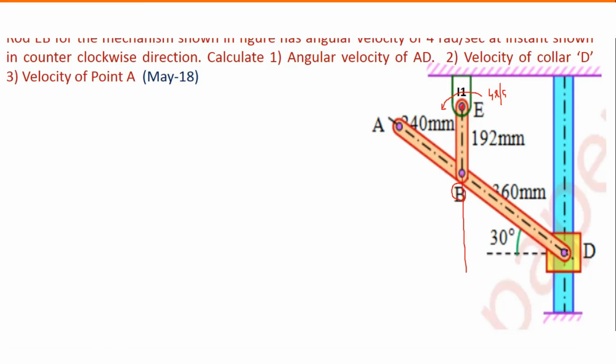Point D. Now if you observe this, if this link rotates in the counterclockwise direction, this block D will slide upward, or will have velocity in this direction. So if this is the velocity direction, the perpendicular to it will be like this. So this is the perpendicular to velocity. Wherever they meet is your ICR. So I have drawn the perpendicular to this velocity, extended this link, and I got my ICR number 2.